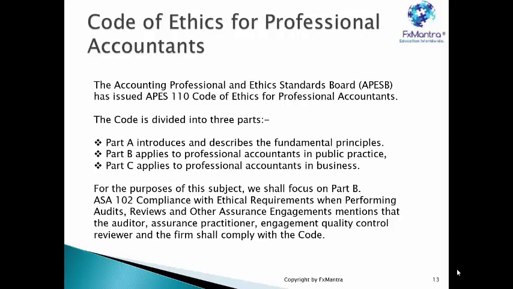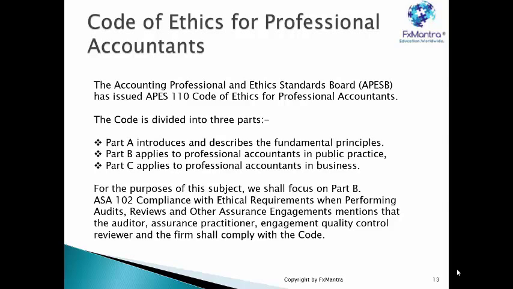For every kind of standard, there's a board which has a specified responsibility. For auditing, we have been saying that there's a board for putting down the auditing standards. We know that there's a board for putting down the accounting standards. Similarly, we have the ethical standards board called the IESBA, the International Ethics Standards Board for Accountants. They develop the ethical standards for accountants, and the APES 110 Code of Ethics is the central standard. In Australia, the Accounting Professional and Ethical Standards Board, which is the Australian equivalent of the International